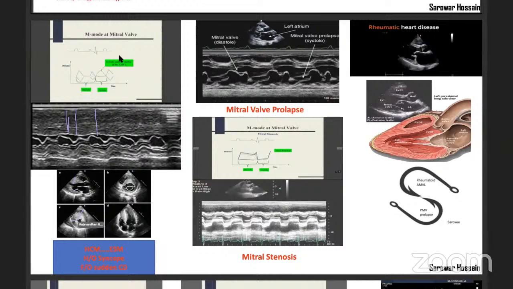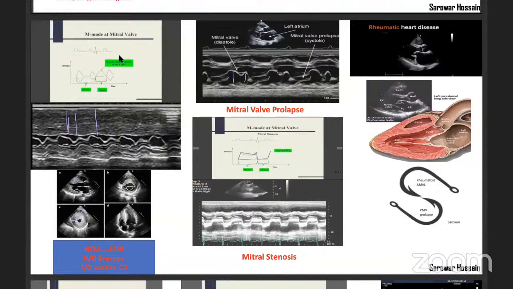Okay. So in case of mitral stenosis, this opening itself, see here, the opening is big when the mitral valve opens. Here there's a very narrow opening. Only this much opening is there in this. Here the M shape will be lost, right? No M shape. In case of mitral stenosis,